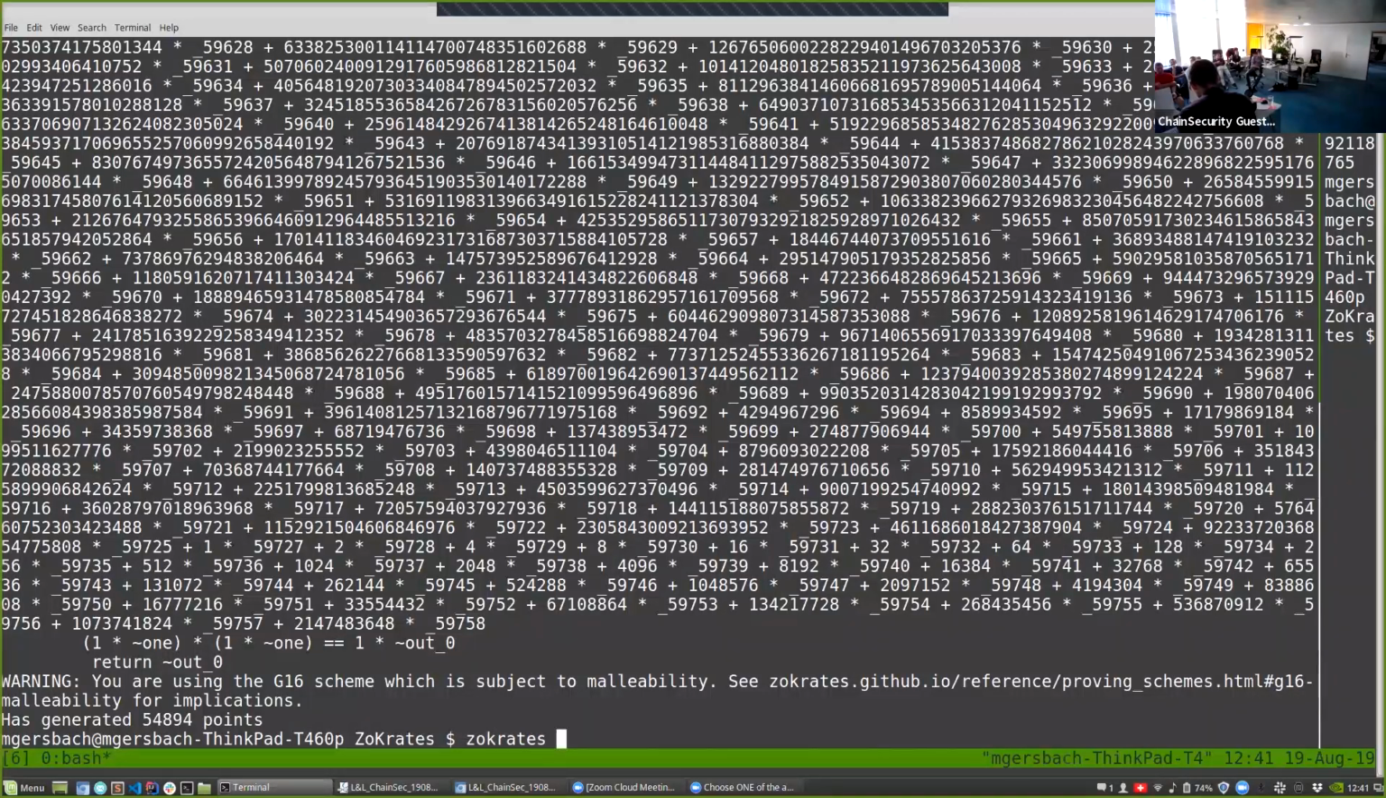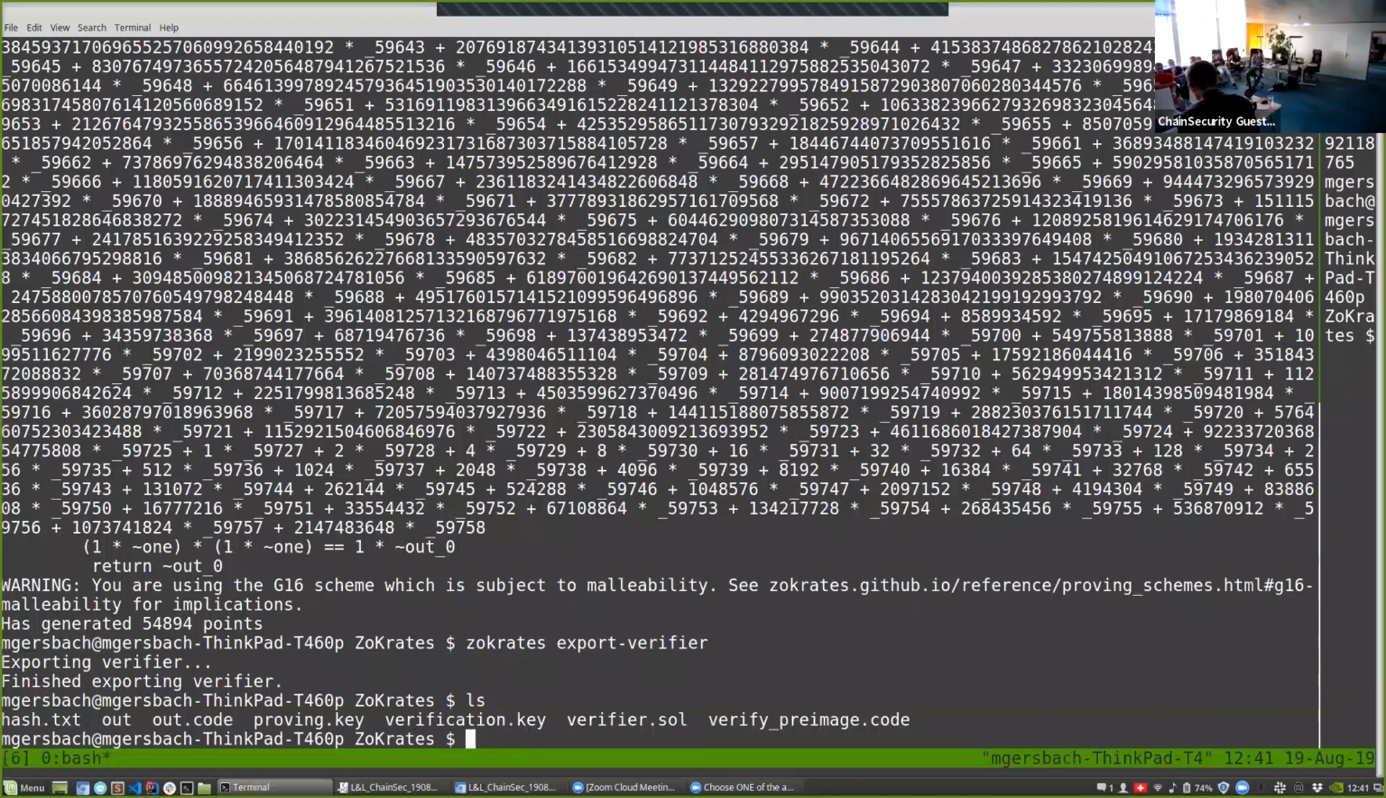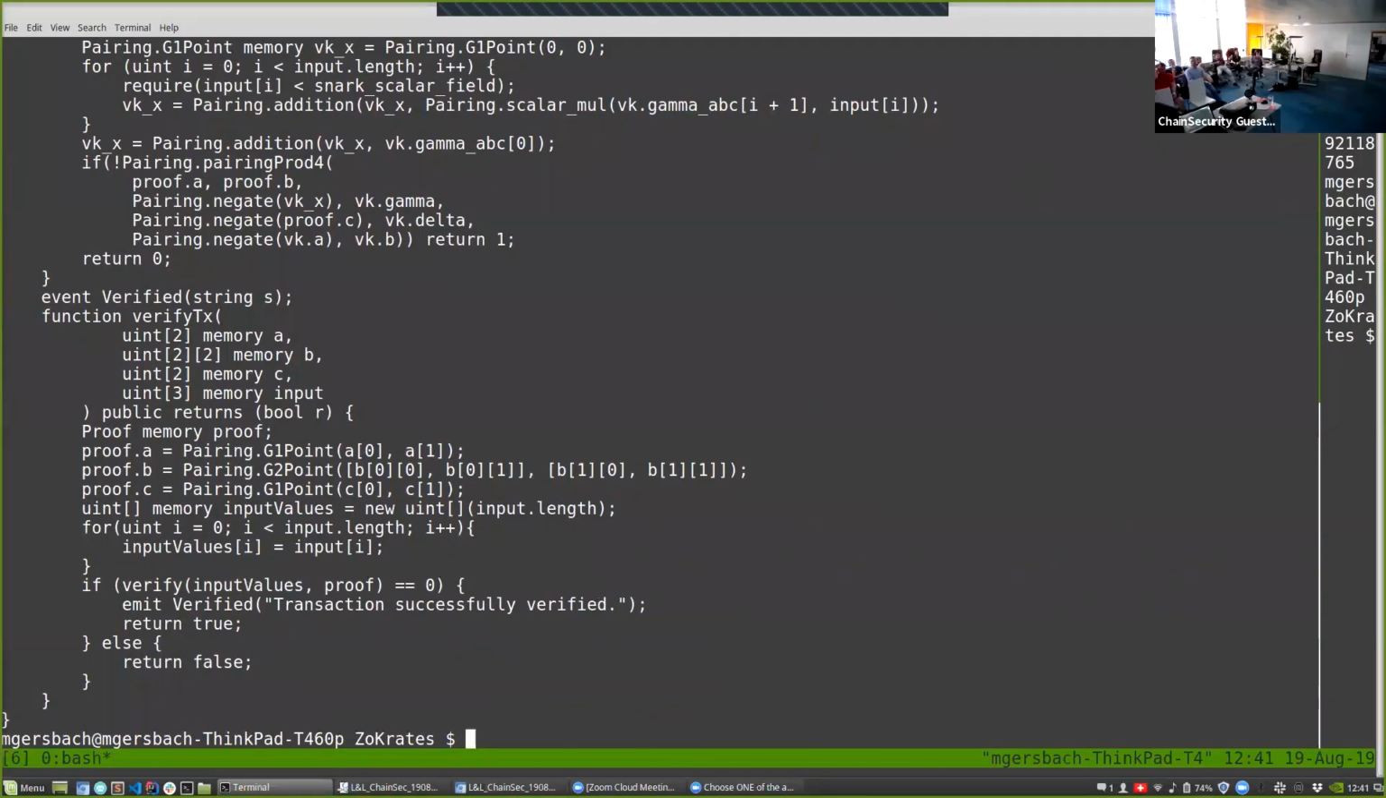Okay, and then now that we have the two keys, we can export our verifier, which is quick, and you can see some Solidity code has popped up here. You can see here the verify transaction function, which we then can call on a proof. The proof is A, B, C. Those are points on an elliptic curve. And this function will precisely return true to us if it's a correct proof and false if it's an incorrect